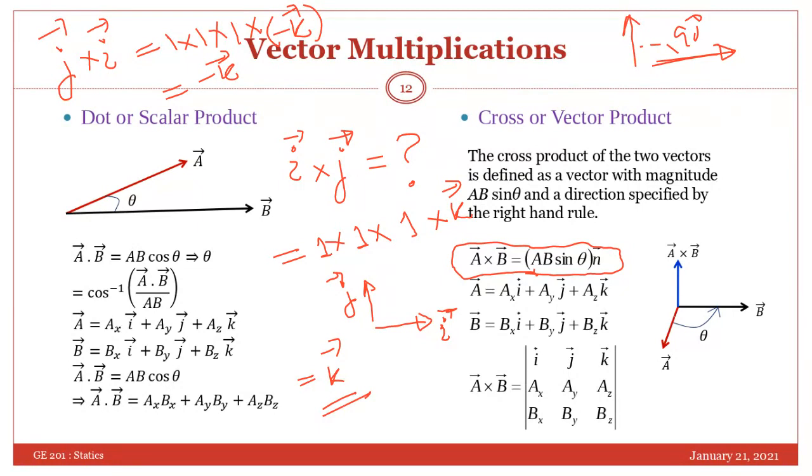So when you turn your fingers like this, because you are talking about j to i, it is difficult to make it like this. So from j to i, you turn the fingers, and your thumb will be pointing away from your face. That is the negative z direction, so the unit vector is minus k. Is it clear to you now? Yes, it's clear. Okay, thank you.